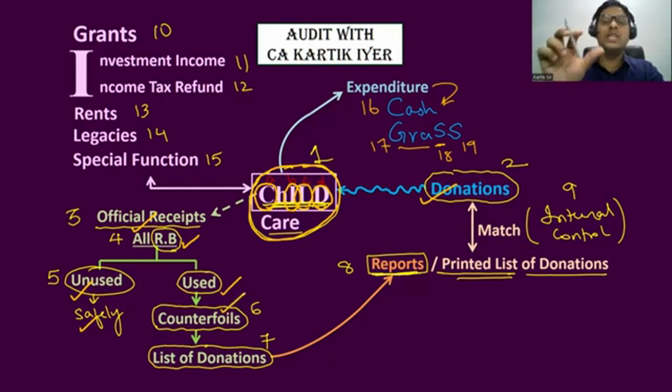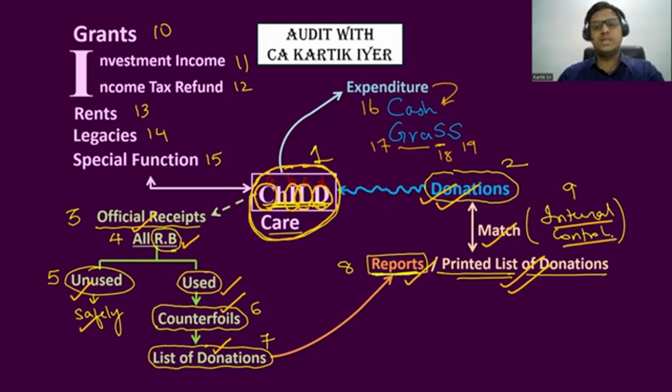That is a copy of the receipt that is with the charitable institution, whether that is kept safely, and we'll keep making the list of donations. We will keep making a list of the people who gave money. At the end of the year, we'll create a report, and that is nothing but the printed list of donations. The donation money that came and the printed list of donations should match. And matching means that the internal control should be in place. That is what they have said. Okay. This is in relation to the money collection matter.